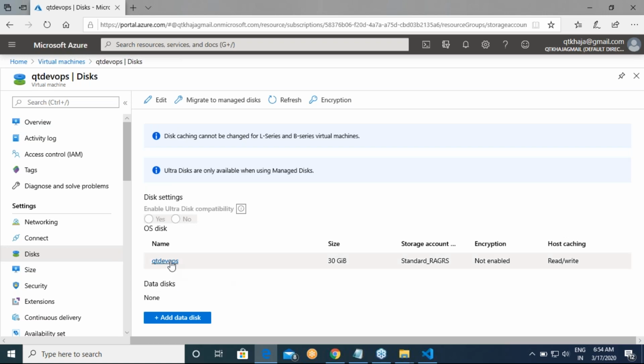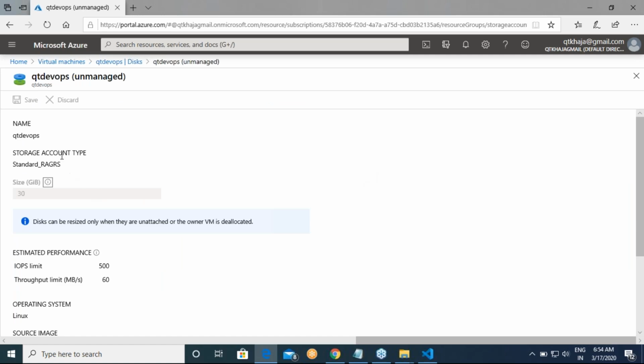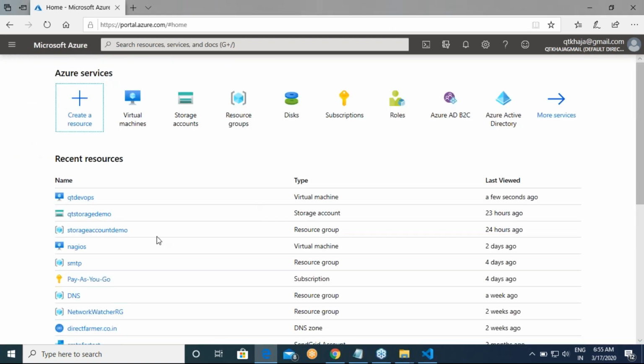At this moment, we have one disk, which basically belongs to some storage account. This is something we have looked into, right? And I have also asked you to verify the structure inside the containers.